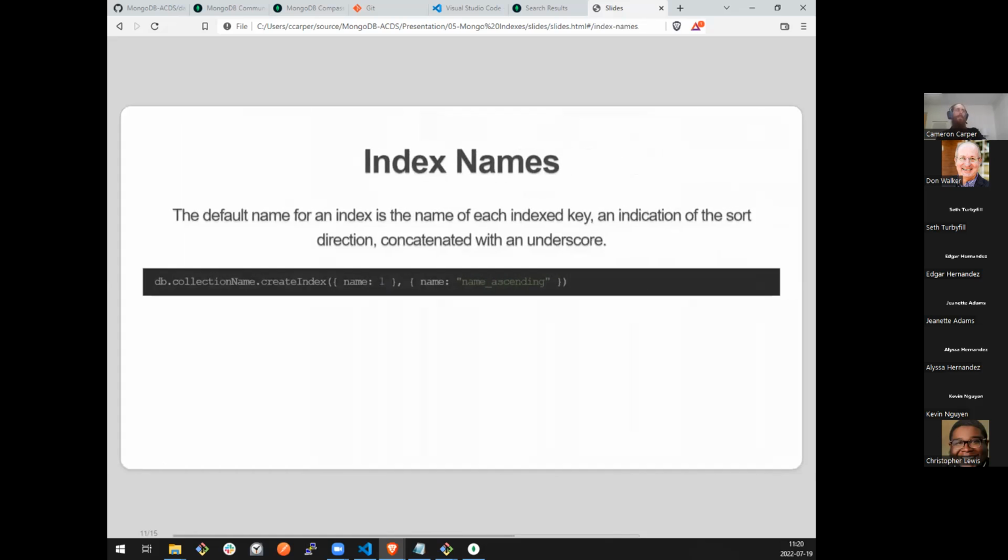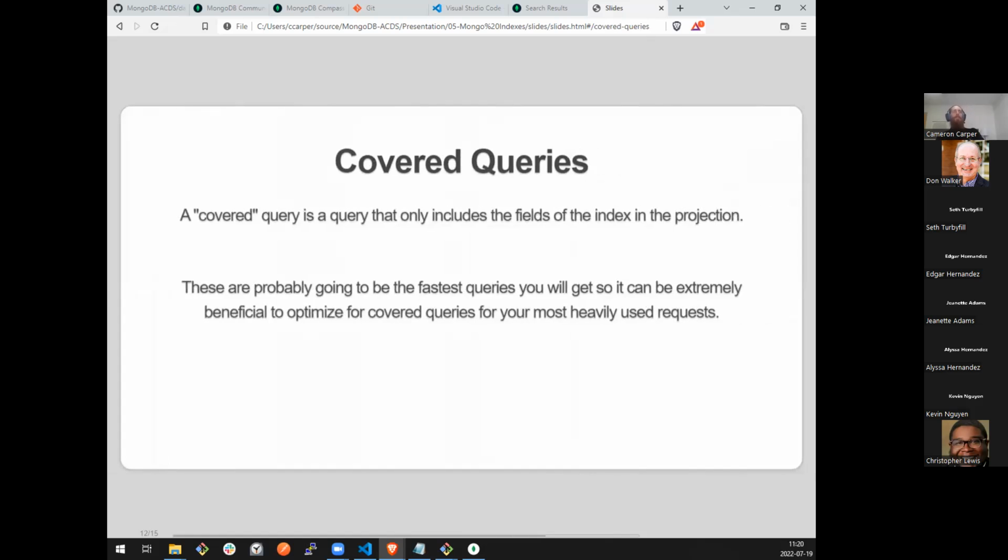Told you we'd skip multi-key indexes. Index names aren't important. Covered queries. What a covered query is, these are the absolute fastest way you can query Mongo. It's only a small subset where this is relevant, but if you can do it, it's blazingly fast. A covered query is where you have a compound index that covers all of the fields of what you're querying for. So if we had an index on ID and name, and I query my collection just for the ID and name properties of my documents, it does not even have to look at my collection. It can get all of the information it needs from the index itself. They are crazy fast.